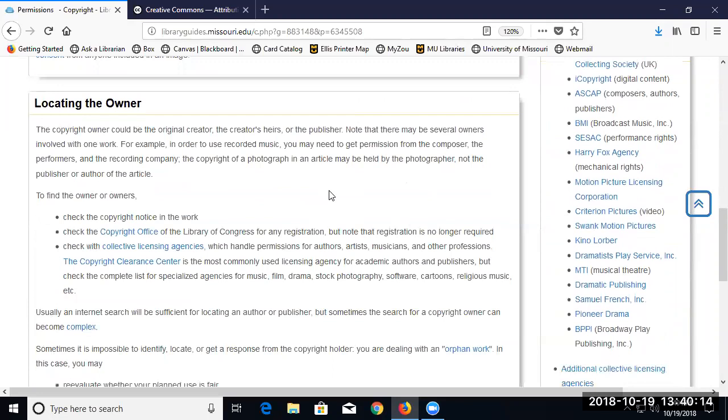I see this sometimes happens too with photographers or artists. The journal might hold the copyright to the article, but the photographer has retained the rights to the photograph. So sometimes there's a little parsing out of that and figuring out who actually has the rights to say okay on this. You could also get into layers of copyright. For example, if you're wanting to reproduce a recording of contemporary music, the composer has rights, the performers have rights, the recording company has rights. So you've got multiple layers.